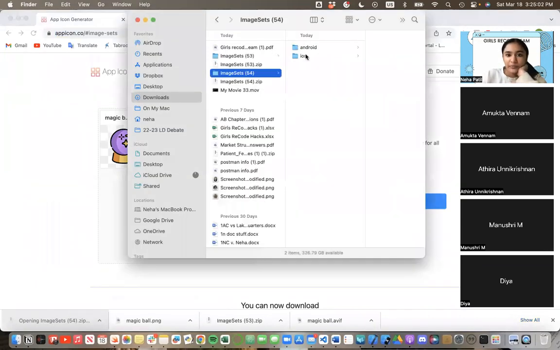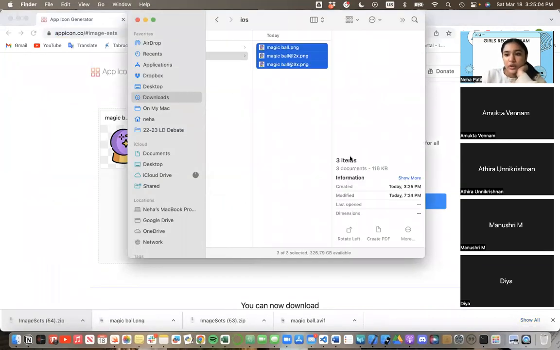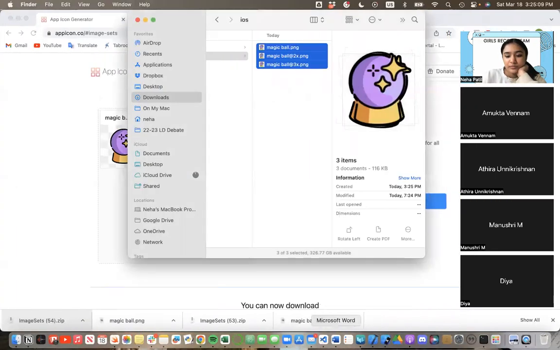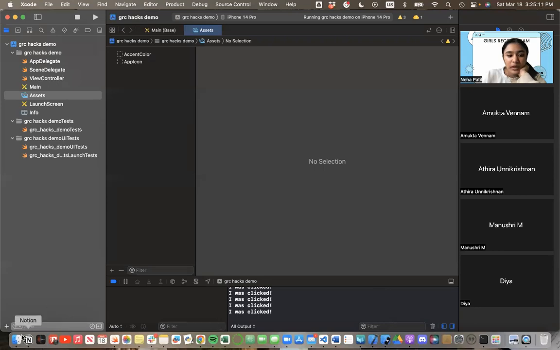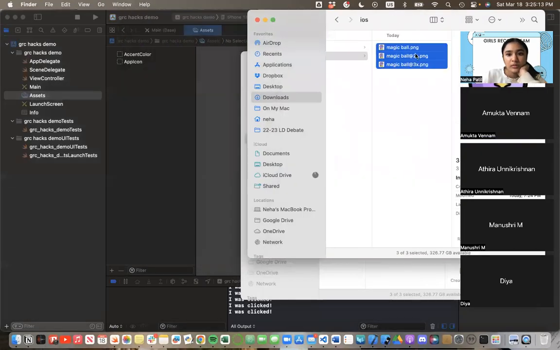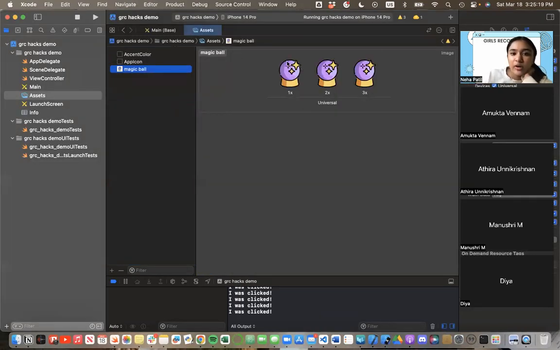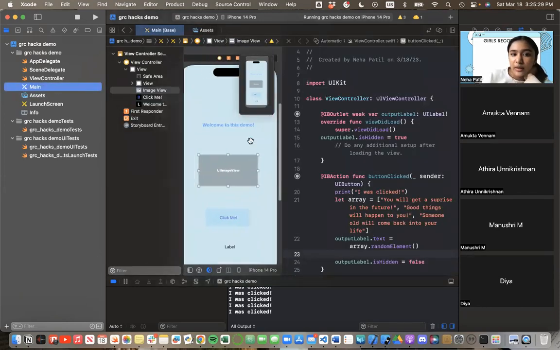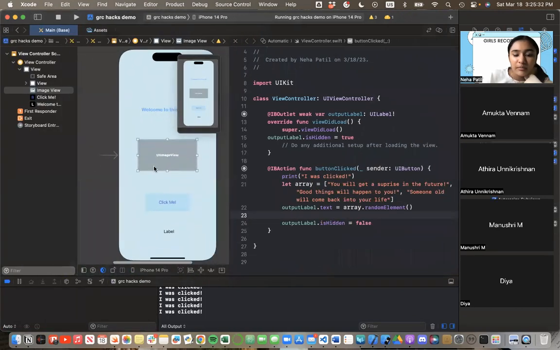Click on the zip file, and then you only need to go to iOS. And I'm going to drag and drop it in this left-hand section over here. And once I do that, you can see that it automatically compiles these 3 images into 1x, 2x, or 3x. So now that I have an image that's loaded up, I'm going to go back to my main